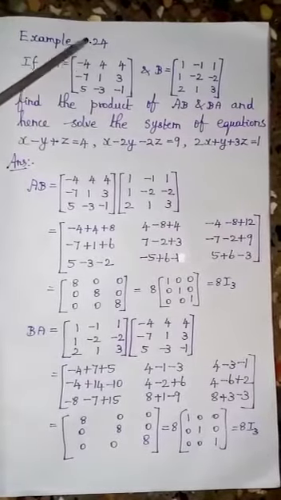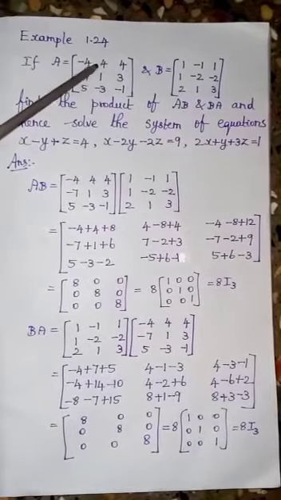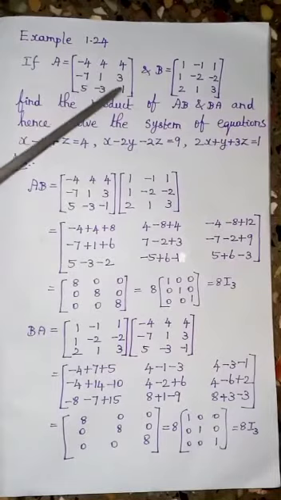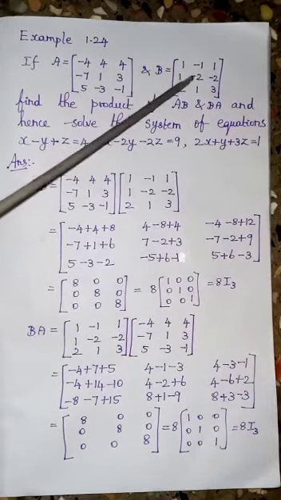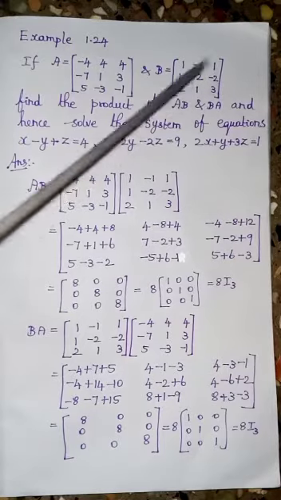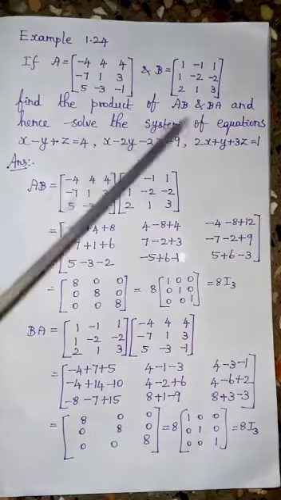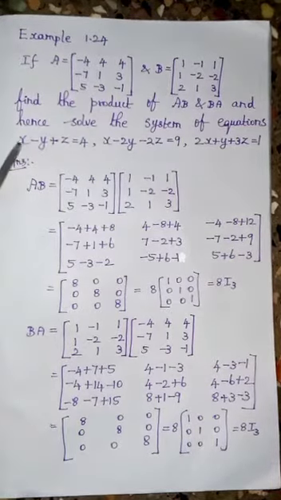Next, example 1.24. If A is equal to the 3 by 3 matrix [-4 4 4; -7 1 3; 5 -3 -1] and B is the matrix [1 -1 1; 1 -2 -2; 2 1 3], first find the products AB and BA, and hence using this condition, solve the system of equations